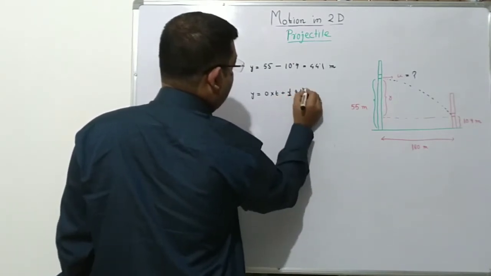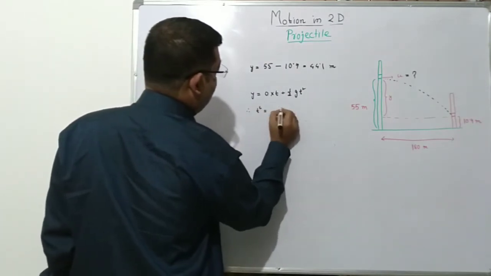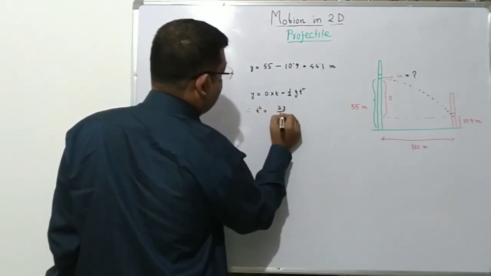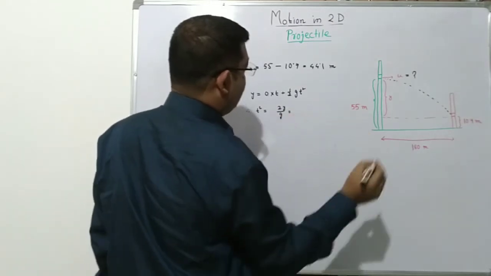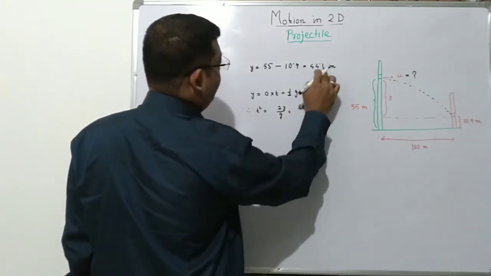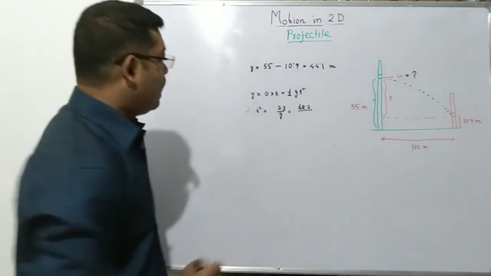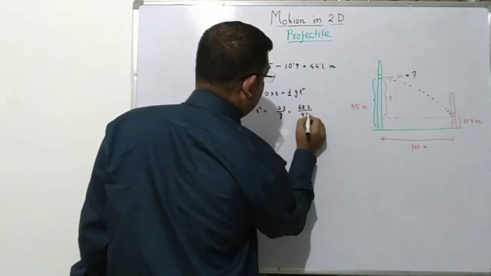Therefore t square will be equal to 2y by g. If you substitute the value 2y, that is 2 into 44.1, which is 88.2 meters, divided by g, which is 9.8,